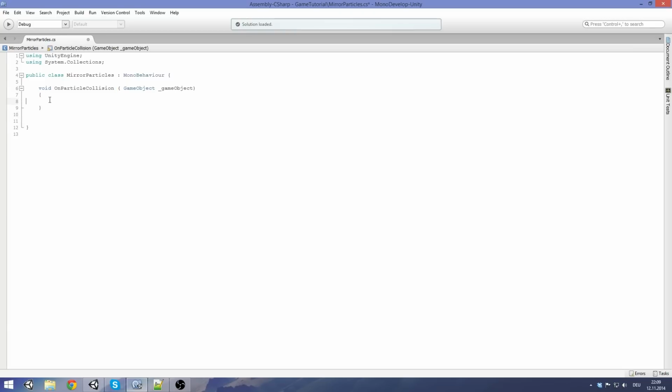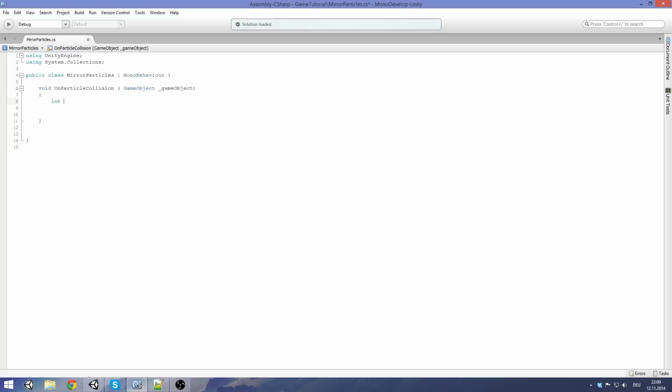You can take a look at the Unity documentation to get more info on this, but I'm going to explain this anyway. Okay, so the first thing we need is the safe length of the particle collision event size